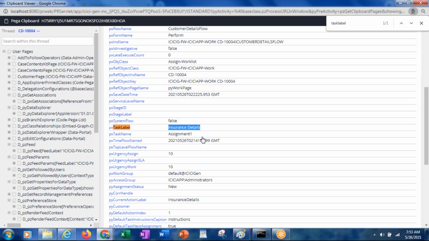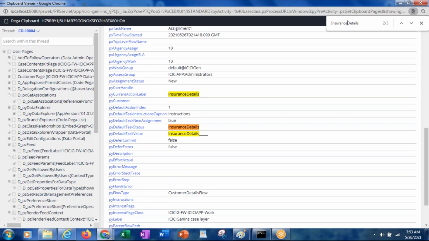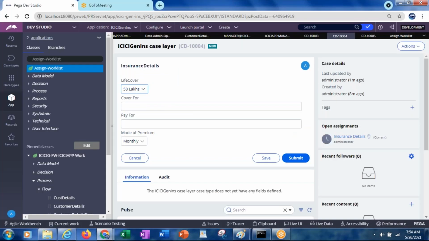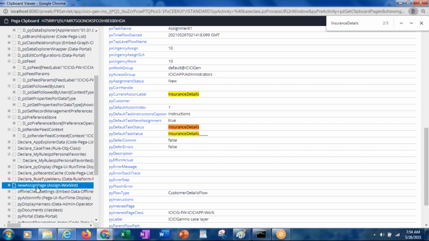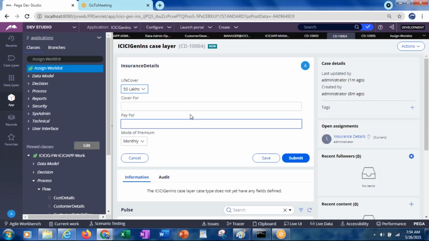Now the flow action, which flow action is it referring to? Insurance details, exactly. So the flow action is also insurance details. Likewise, the new assign page on which you are working keeps being updated. This new assign page always refers to the flow action or the assignment on which you are working.